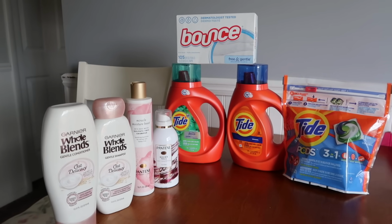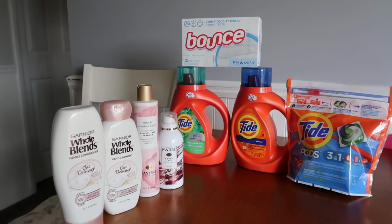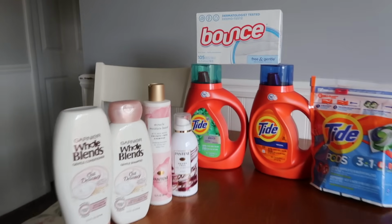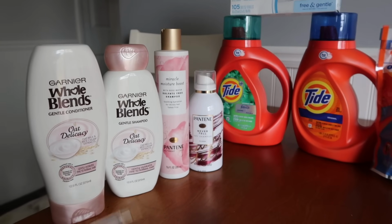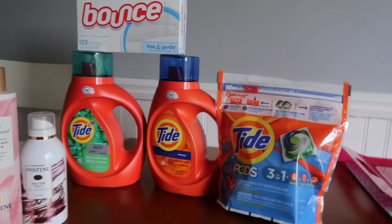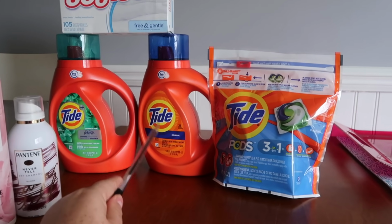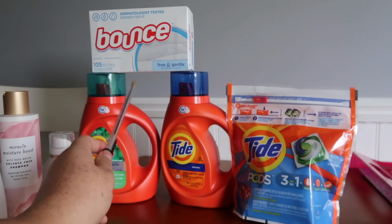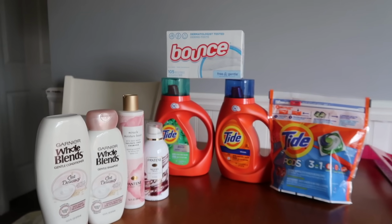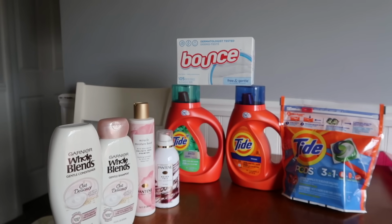Now I got the cashier to scan the 8-pack when you spend 35. To my card, I digitally had that booster of 5-pack when you spend 20. And then for my shampoo, I had $8 of digitals. I had a $5 off of 2, a $2 and a $1. From the P&G, I had a $1 for this, and I had a $2 PLA for this, and a $1 digital for this. The coupon for this one did not come off, nor did I try to throw anything in because I don't want any trouble at the store. So after all my coupons came off, it was